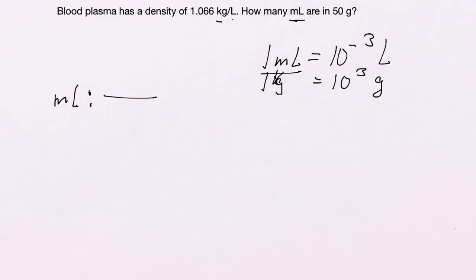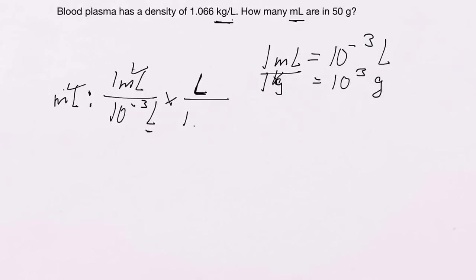So we write 1 milliliter on top again, and that is the equivalent of 10 to the minus 3 liters. Now we've got the milliliter in the right place, but we have to get rid of the liter. Do we have liter somewhere? Yes, we have that here. So we write this in such a way that the liters are on top